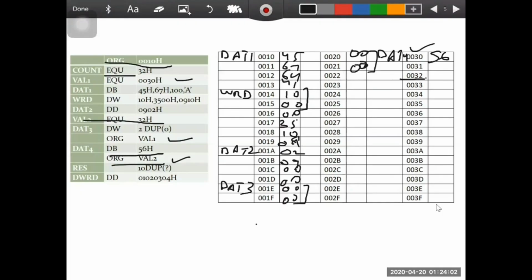Our label is RES. So here I will write RES. Here we have to put a question mark. Now what does this question mark indicate? In the beginning of the lecture we have studied that this question mark basically reserves the memory locations. So we have to put 10 duplicate values, right?